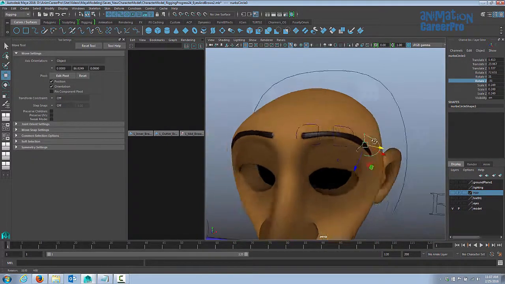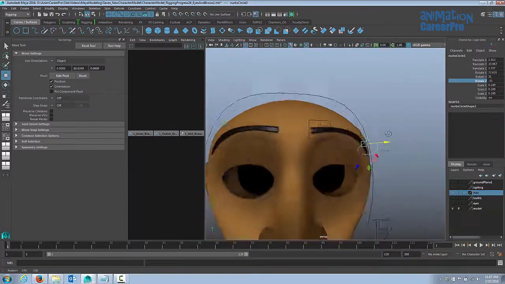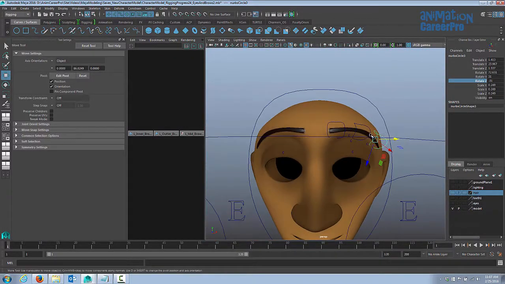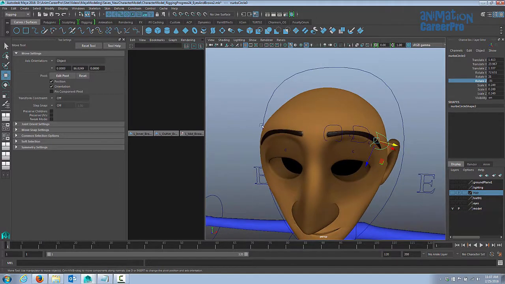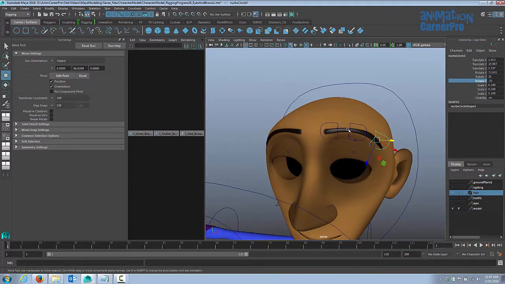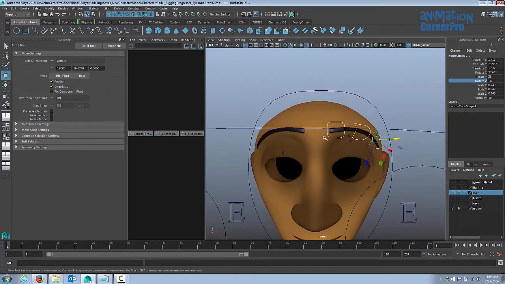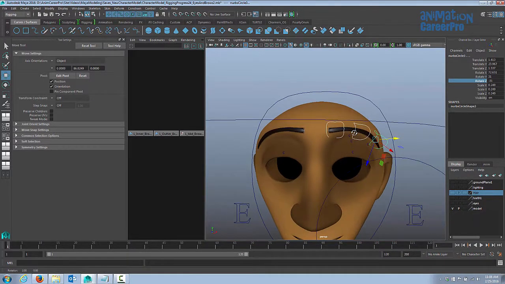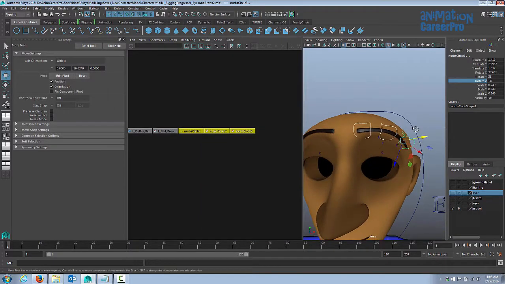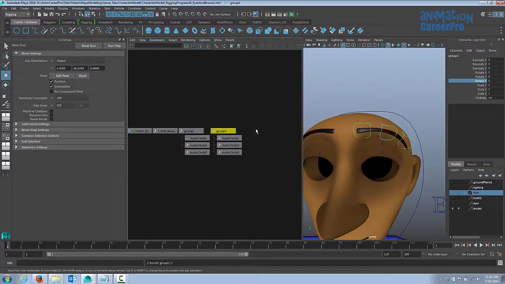Now that I have all these placed, and I took some time to place them just perfectly, I'm going to need controls for the other side of the eyebrow as well. I know we haven't done our clusters yet, but since I have all these done, I might as well select all these now. And I want to get them to be the exact same on the other side. So I'm going to group these together into a group. So I'm going to hit Control G on my keyboard, and then we'll duplicate the group with Control D. Now we have two groups.